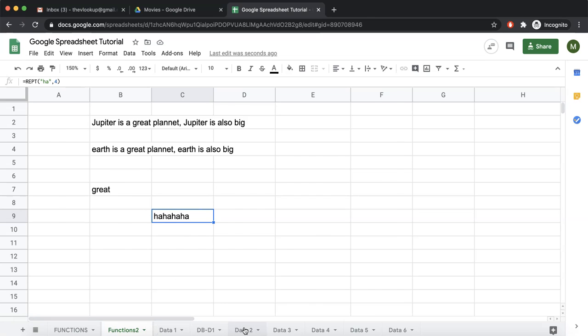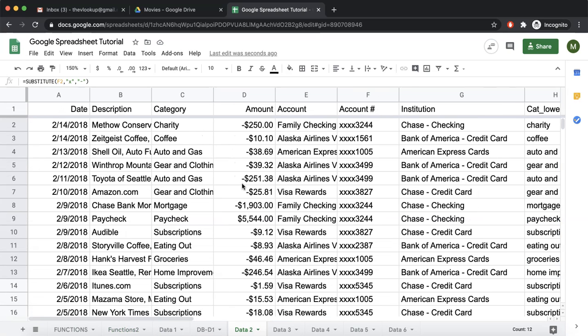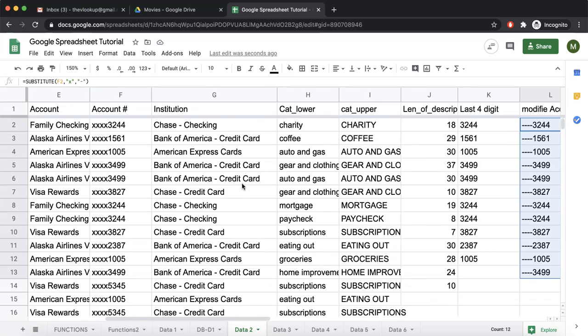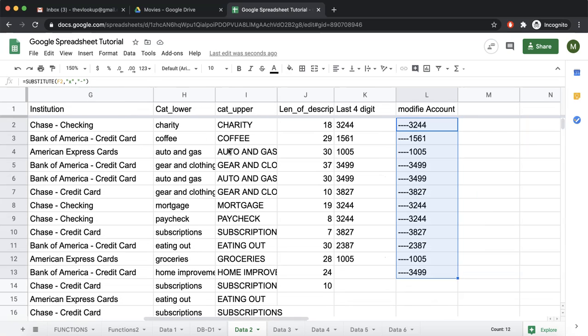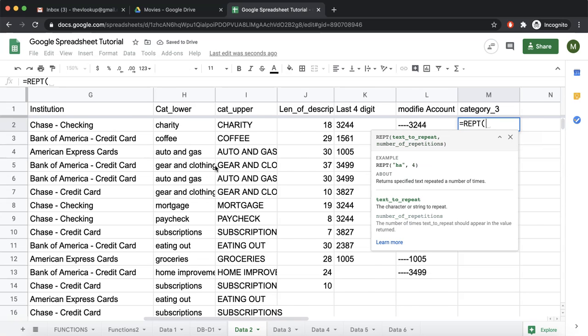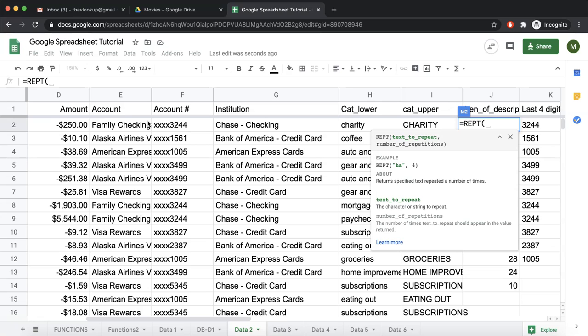So let us see if we can implement this somewhere over here. I don't see anywhere. So just for practice, we say category repeated 3 times. So we can say REPT, although it makes no sense to repeat a category 3 times, just to see how it works.